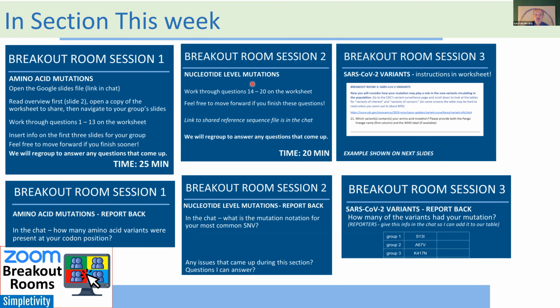Then you're going for the same amino acid mutation, you're going to the underlying nucleotide level mutation. Same thing, Next Strain, there's a click where you can switch from amino acid to nucleotide, and then you report out. And then you're going to look at different variants which are published, and whether your assigned mutation is in any of these variants, and then you report out. So that's what you're going to be doing. But also that's setting you up for the video project. So pay attention, because you need all that information to then make your video.